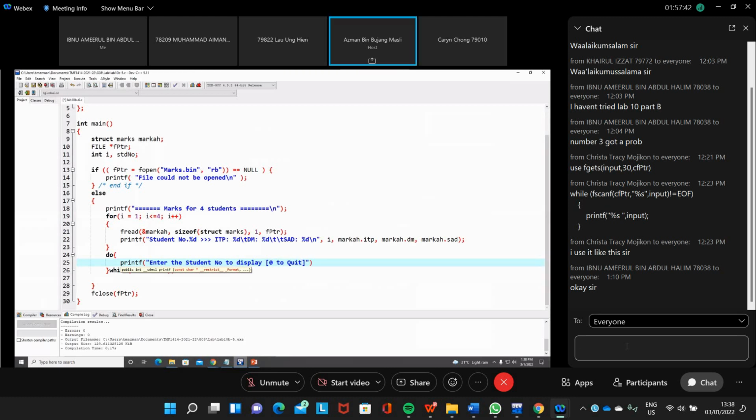The user will then enter the number there, so we just scanf. This is an integer, student number.